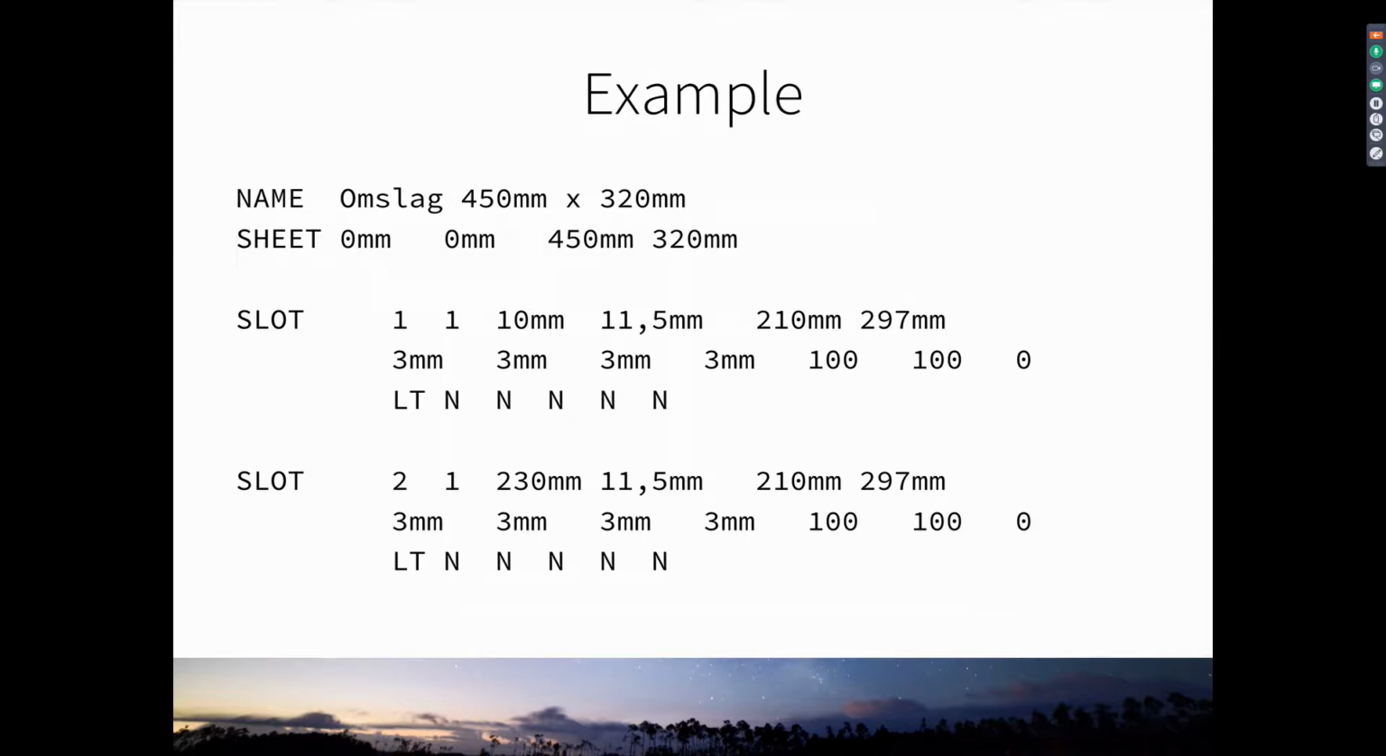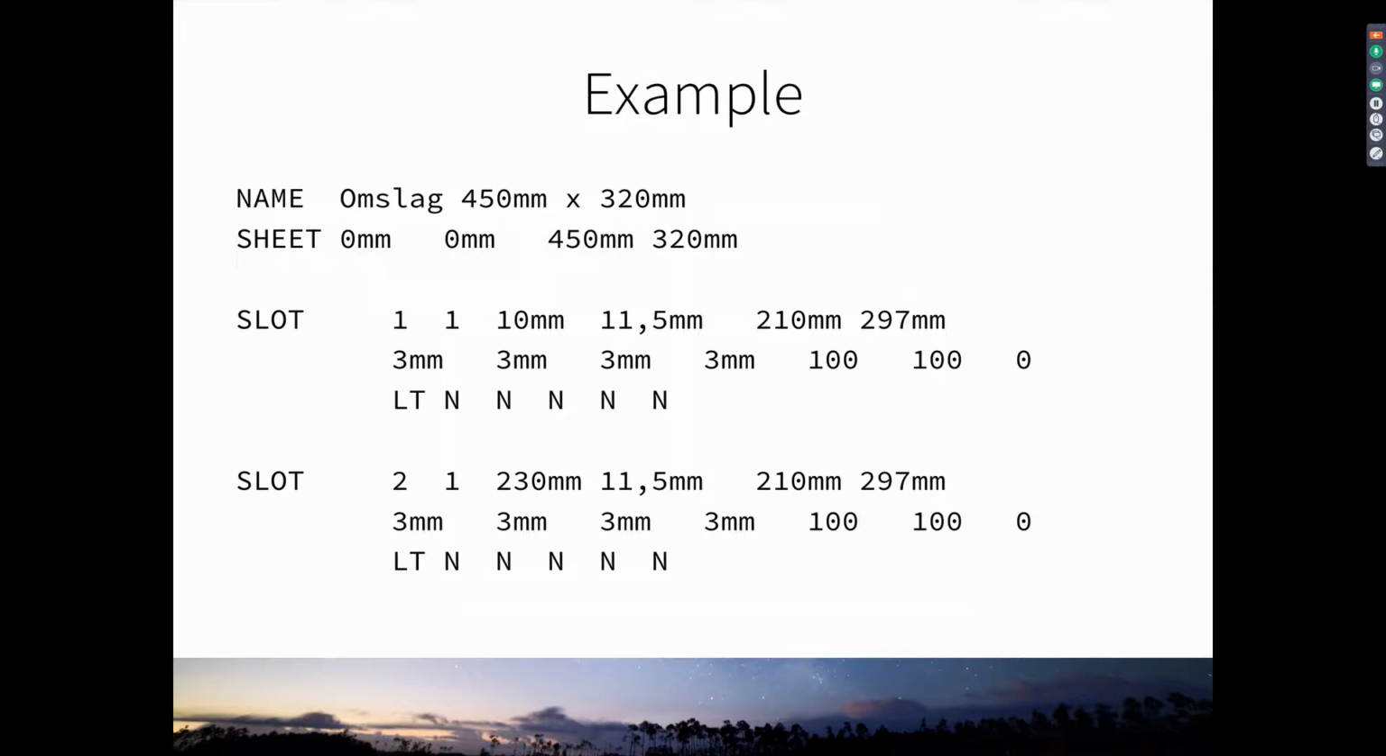It's a lot of numbers, I know, but in essence, it is not that difficult. And it's only 4 lines. I've split up the lines for the slots to make them fit on my screen, but in a text editor, those would also be 2 lines, or 1 line per slot, actually. And what we're looking at is the first line defines what the name of this Sheetconfig is going to be